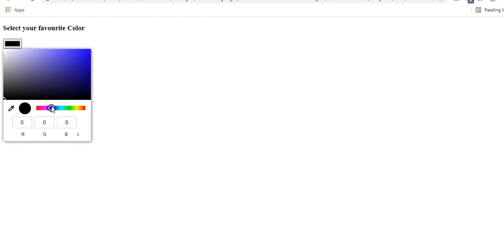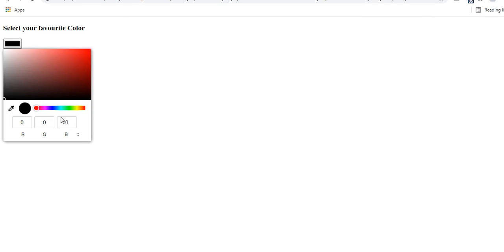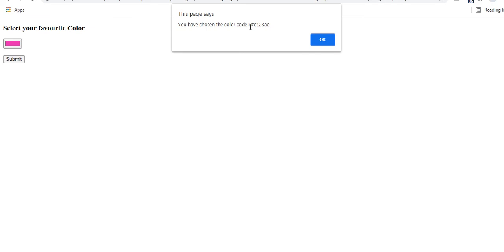Say I don't have internet access, so you just do this code and have this in hand, because you need the color code, the value. So I am picking this one. See, if I submit, it gives this color. If I want to use this as a background color, I can use this. Again I am choosing this pink one and submitting, and it gives a different color code. So I can use the color code. Here I have used JavaScript.